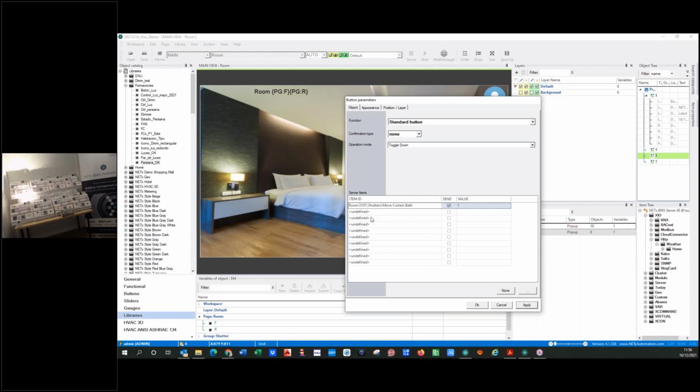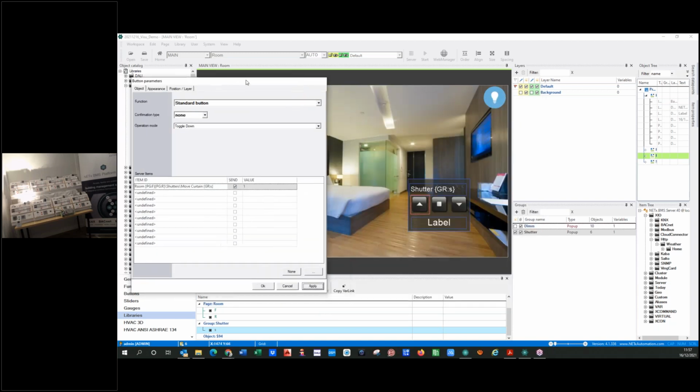I have to substitute this with this variable for the floor. The room number is not fixed, it's variable, so I change it also for the room number. And the name of the reference of the circuit that I am controlling is a group variable. So I will copy this